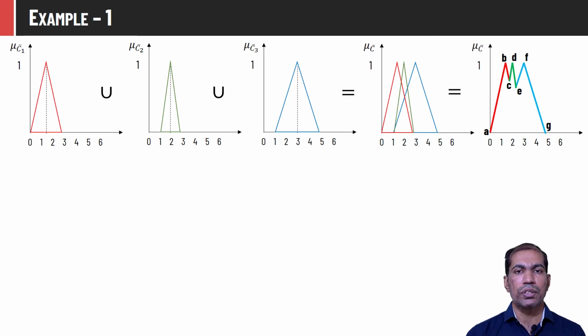In the centroid method, we need to find out the area of this polygon. So we have to take integration over line AB, BC, CE and so on for all the lines. So we will get the area of this entire fuzzy function.